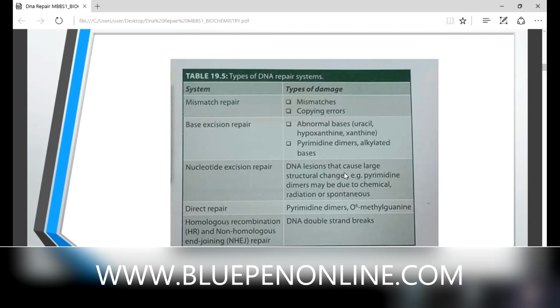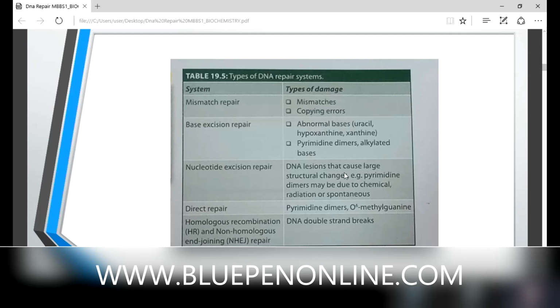Mismatch repair: if there are mismatches, that is a copying error. Base excision repair: there is a chance for abnormal bases. Which are the normal bases in DNA? A, G, T, C: adenine, guanine, thymine, cytosine. Instead of these, there is a chance for the existence of abnormal bases like